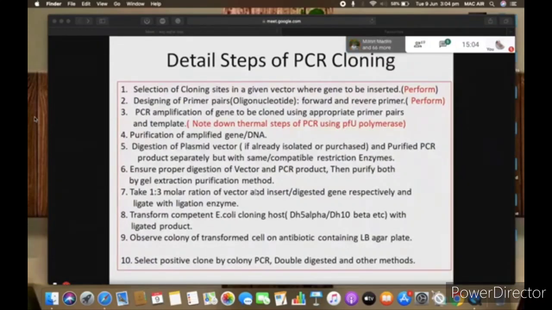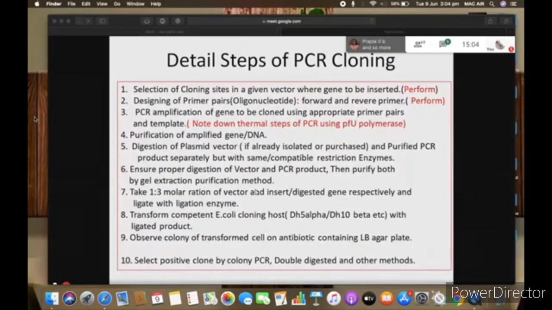If it does not interact with the end of the vector, how will it ligate? Both vector and insert are in solution, continuously interacting. If they find their complementary overhang, they stick together and then the ligase enzyme will ligate it.